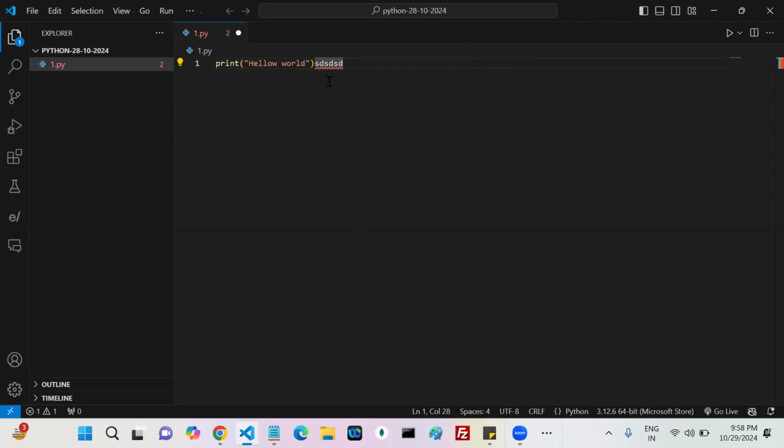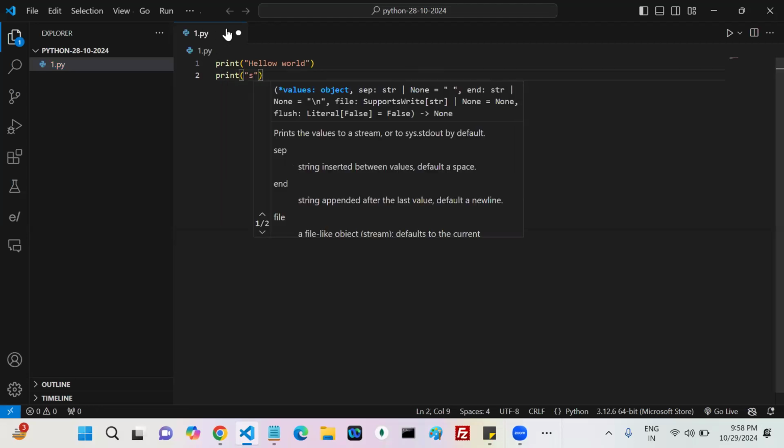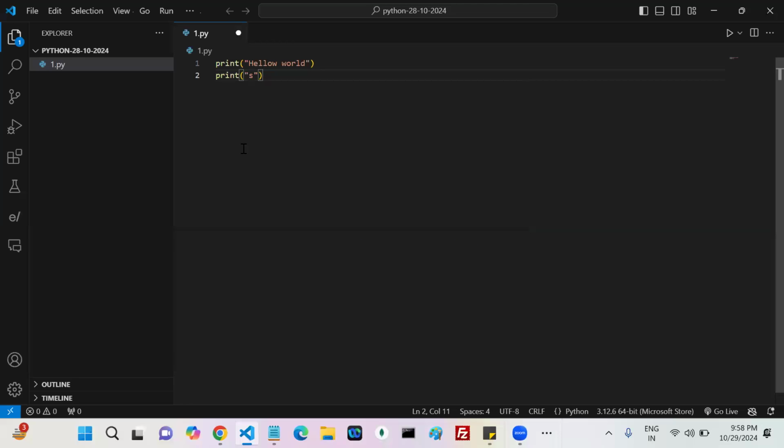Yes or no? Now see here, if you made some changes to the file, for example, if I make some changes like this, there is a dot. If I save this one, now it is a cross mark. If I add some extra stuff or make some change, then it looks like a dot. Whenever you see the dot, that means you have not saved that particular file. You can save it like this. Understood? About the VS Code,